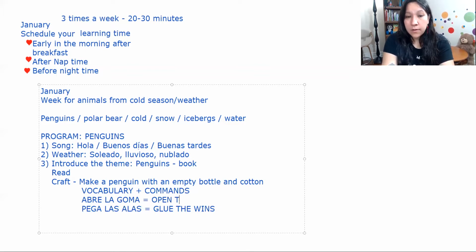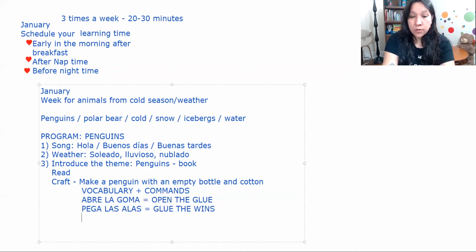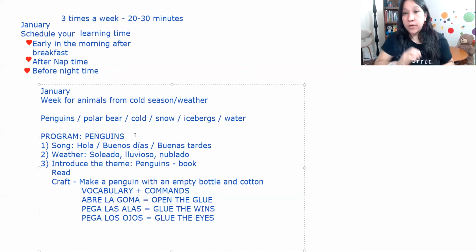Open the glue. Let's say, pega los ojos. With the eyes. Etc. So you can start using the commands, the general vocabulary, and then you start introducing the vocabulary you want